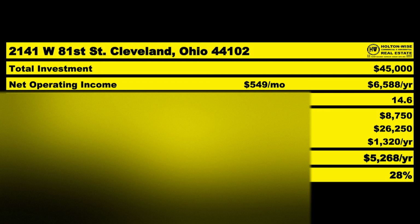Now, from a cash flow perspective, what does all that look like? Well, if you're all into this thing for $45,000, your NOI on average will be $549. That's a 14.6 cap rate. As far as your mortgage, $26,000 mortgage, you only need to put down $87.50. Teeny mortgage payment, $110. So after you pay off the mortgage from your NOI, you should be clearing $439 a month on average,